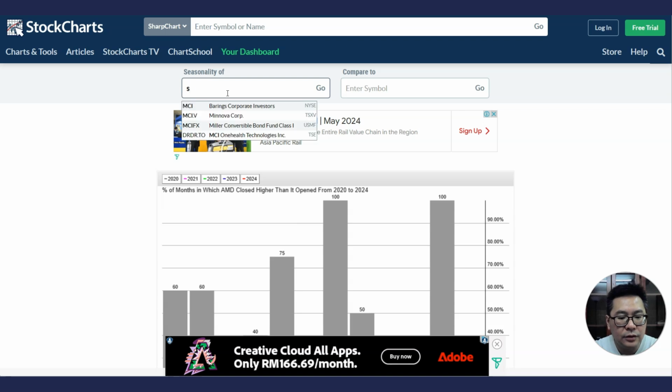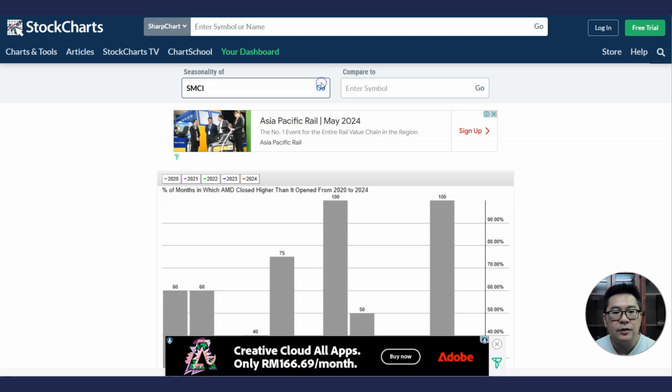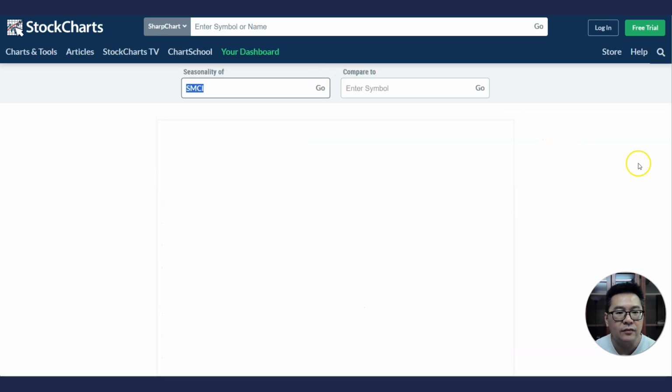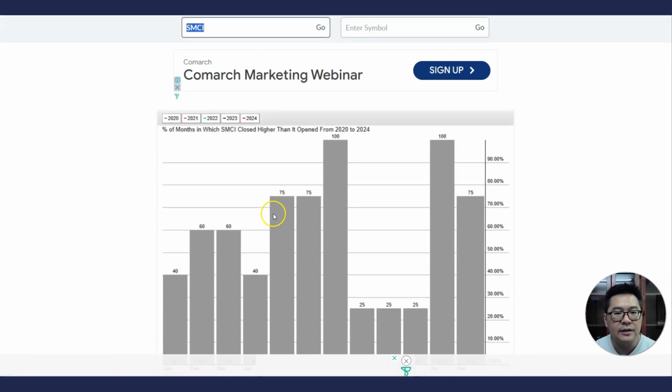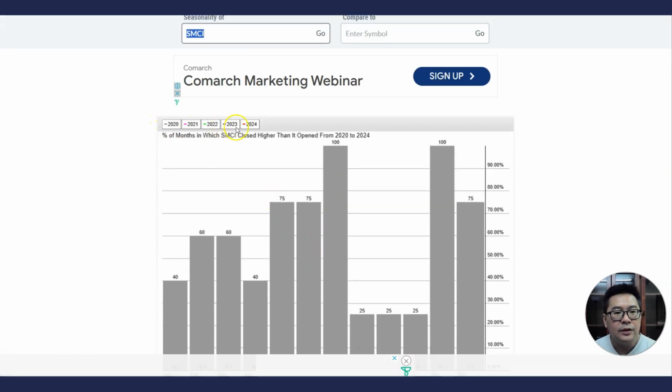So with that in mind, let us go to the seasonality chart of SMCI. It's always important to look at the seasonality chart because it might give us some clues. So I just used 5 years of data, of course, because May hasn't finished. 2020 to 2023,